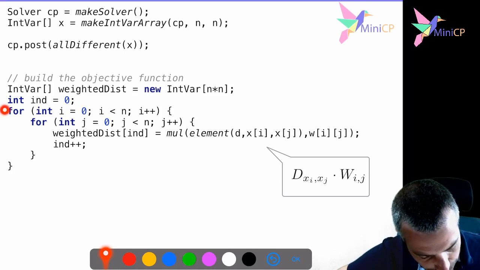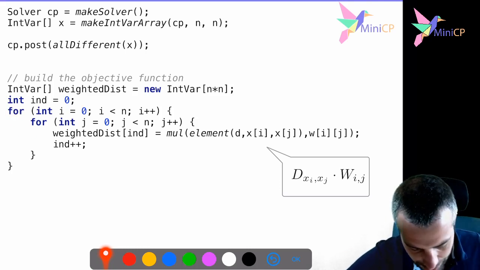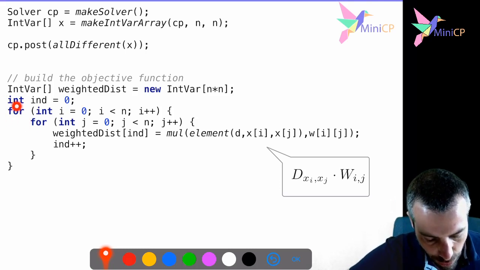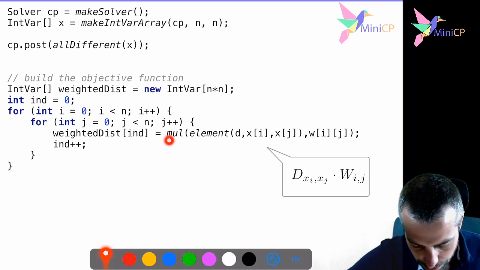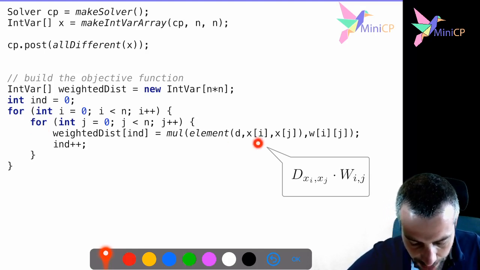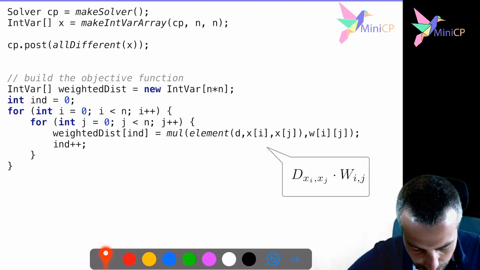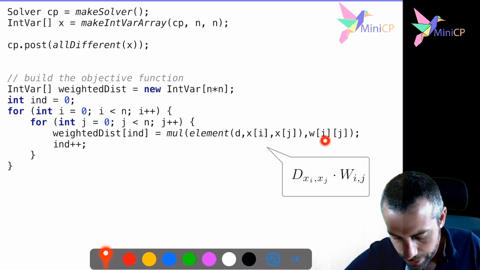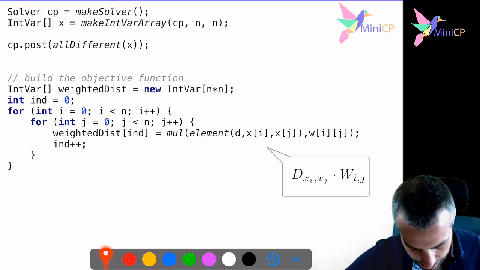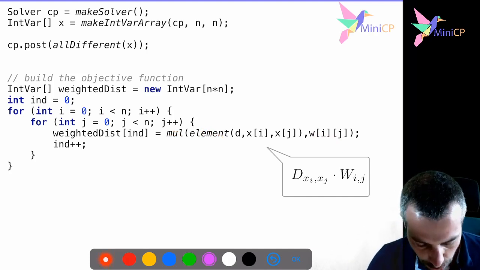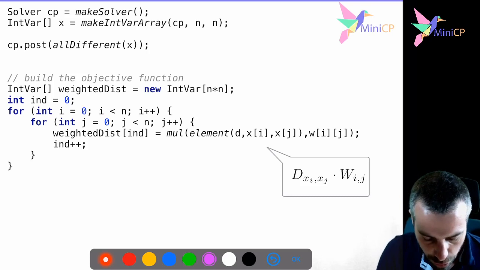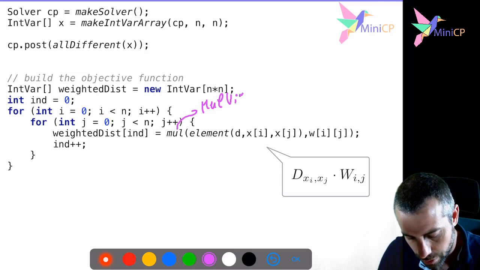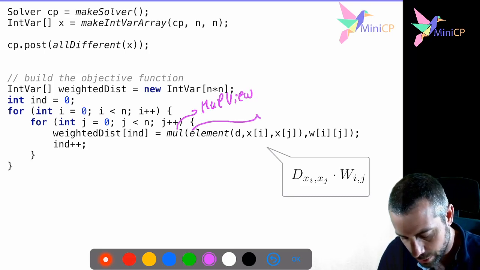I will have a double for loop to consider, exactly as described in my mathematical objective function, every pair of facilities. For every pair, I will have the multiplication between the distance between facility I and J, depending on where I place them, which is why I need this element constraint, multiplied by the weight of this pair. One more remark: if you remember what we said last time about the multiplication constraint, this will create a mul view on the variable that is computed here.